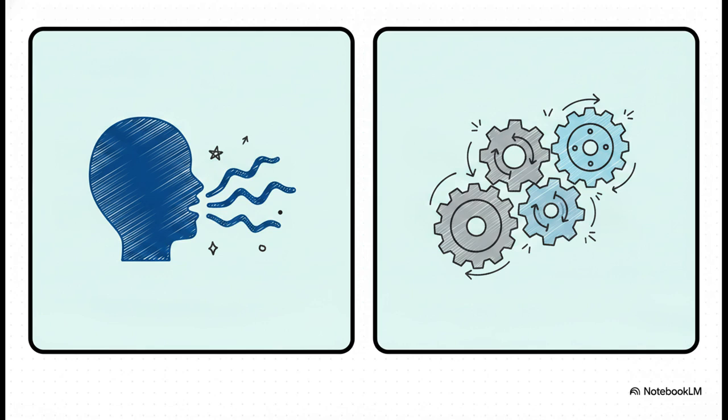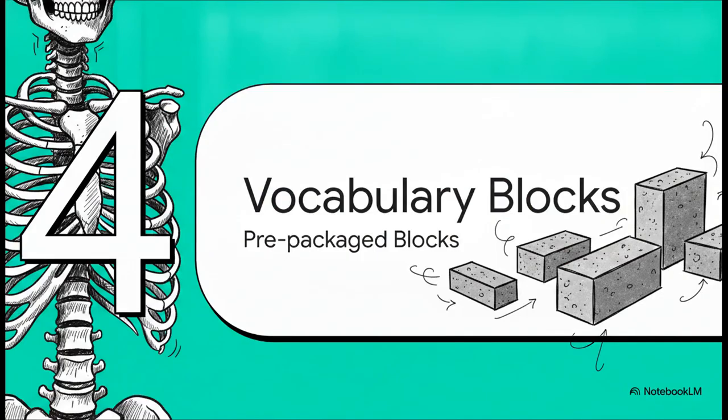You have to insert the auxiliary verbs do or does in the present simple. You can't just say, he live here with a questioning voice. You need that mechanical, does he live here? Leaving out do or does is probably the most common mistake, precisely because that structural mechanism simply does not exist in your native language.